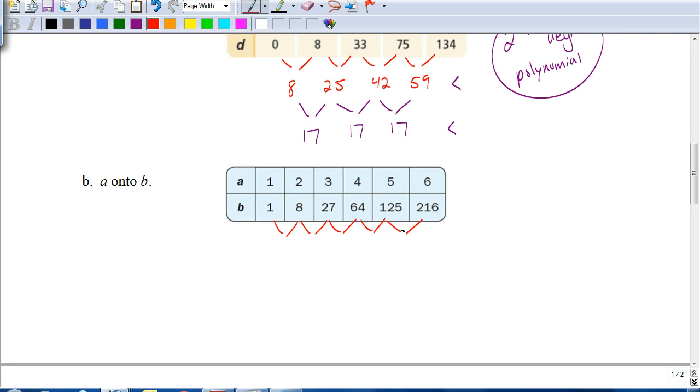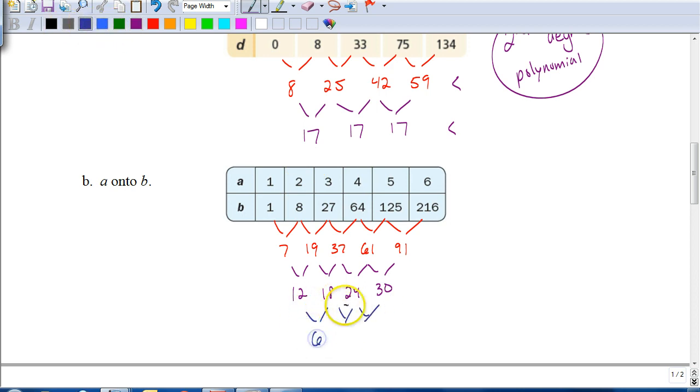Okay, so here's what you should have done. The first row of differences would be these: 7, 19, 37, 61, and 91. The second row of differences would end up being, well, 19 minus 7 is 12, 37 minus 19 is 18, 24 and 30. And lastly,